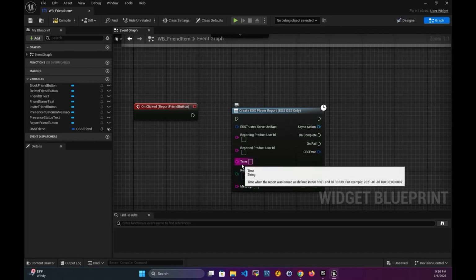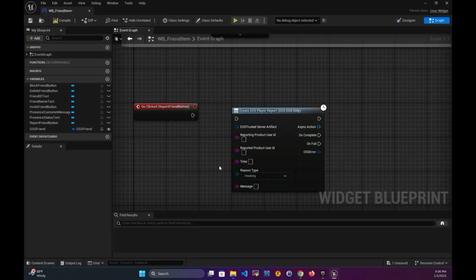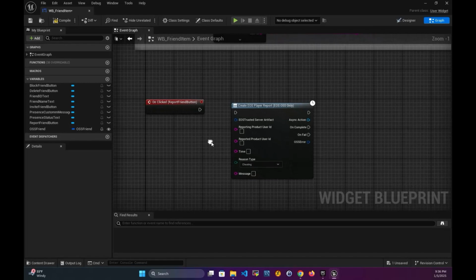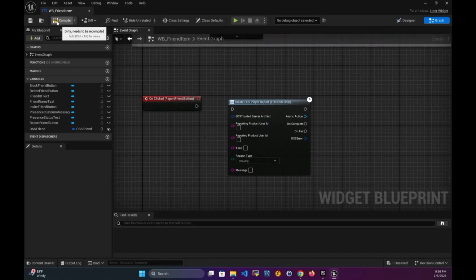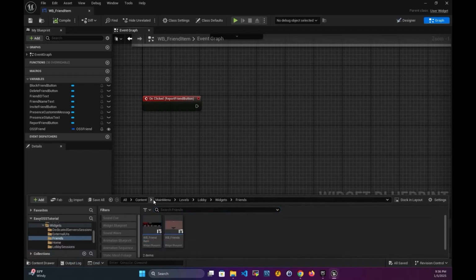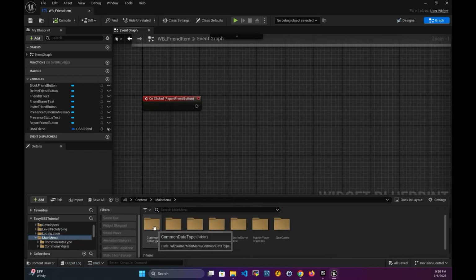The other inputs represent the fields specified by the API to create a report. Basically, we must provide the product user ID of the reporter and the reported players, the time at which this report is created, a category of the report, and a message. We see that our game must display a UI to the player which allows him to provide this information when the button is clicked. I can hard code these inputs to show you the functionality, but I prefer to do something practical,